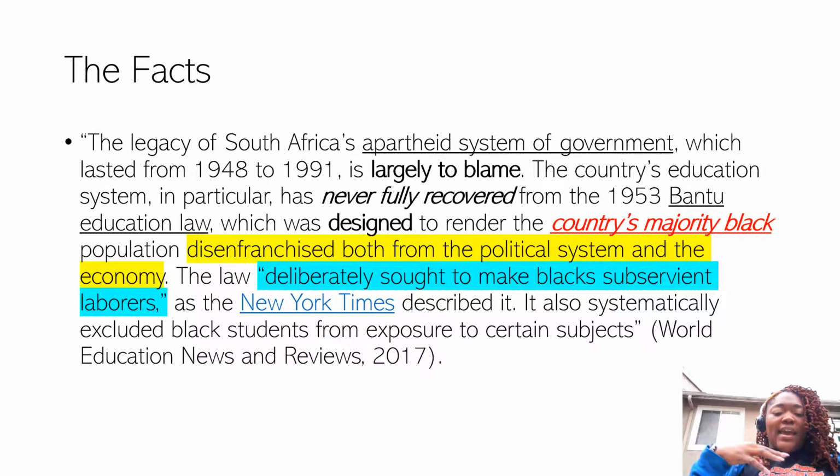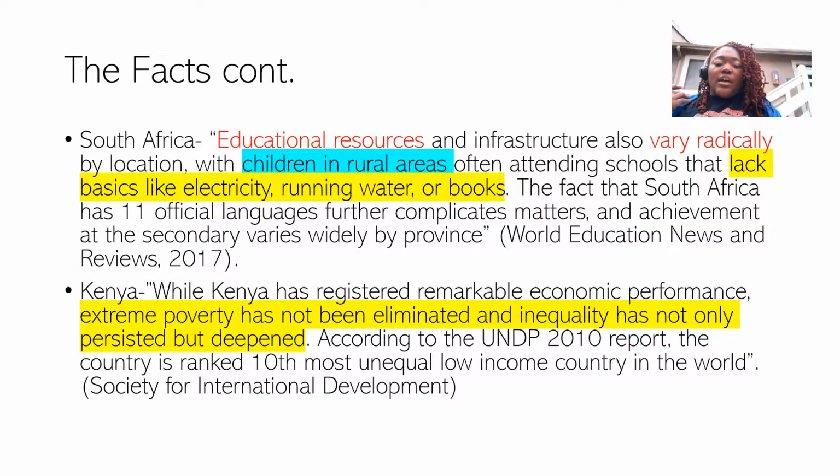The apartheid system and all of these other different political things that we are talking about today definitely are to blame for the country's education system not properly recovering and not being able to properly educate their population of African people. So many people cannot read or are illiterate and could not do some of the basic things that we would be able to do in our education system because of the law that systemically supported Africans not progressing in the same sense that we have here in America.